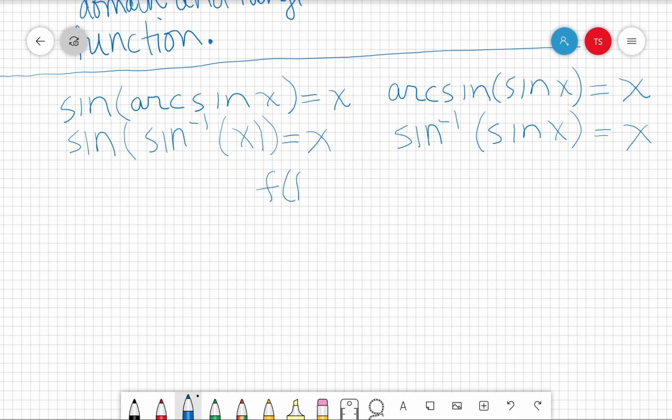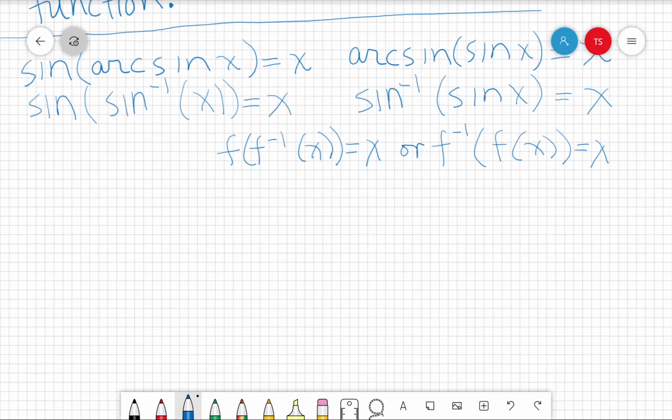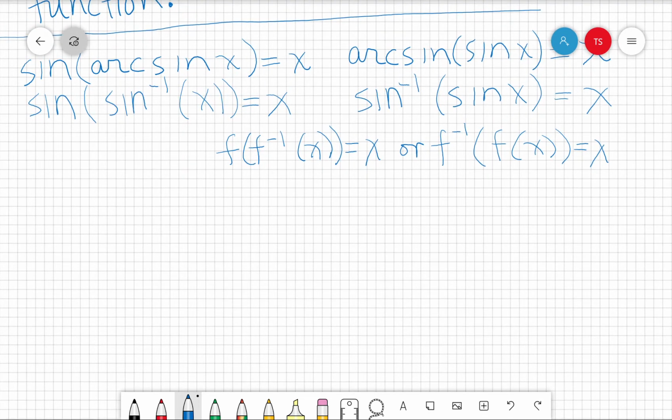f of f inverse of x equals x, or f inverse of f of x equals x. So that's going to be true for the trig functions, provided that we stay within our limited domain and range. So, for example, let's say